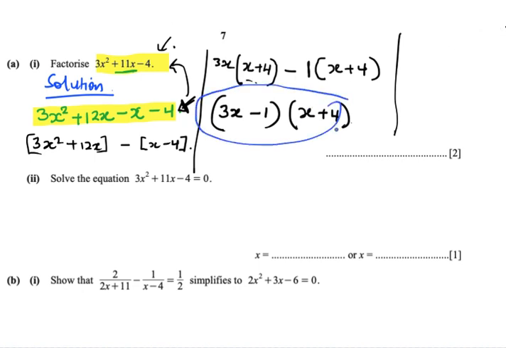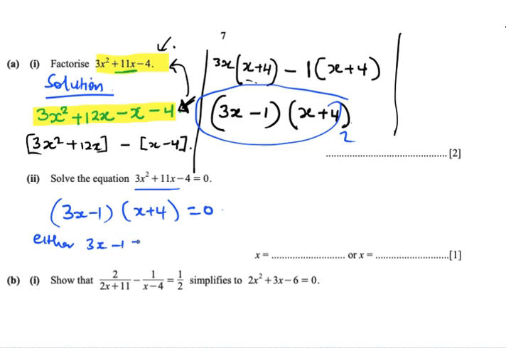Okay, hope you understand. Now when they tell us to solve, since we've already got the factorized version of this, we shall just write the factorized version. Okay, and then we use what we call the zero property. So zero property is that if you're multiplying two brackets or two numbers and the answer is 0, either one of these numbers should be 0. Okay, we know that any number times 0 is 0. So you say either